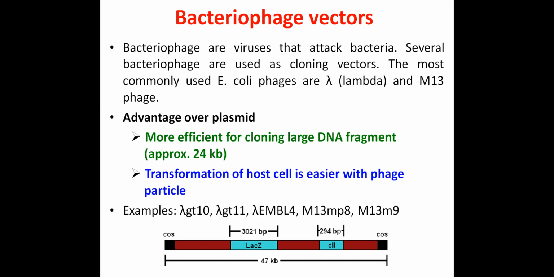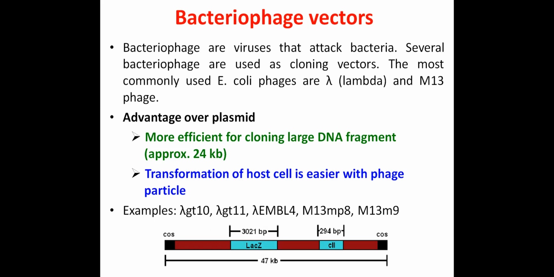So what happened now? This virus can be served as a vehicle because you basically infect your vector to the host cell. So it uses its own mechanism of infection. It goes inside the host cell. It gets inserted inside the bacterial genome, and then it will replicate when the cell replicates. So your virus DNA will replicate along with your gene of interest. So that's why the bacteriophages or any virus can also be used as a good cloning vector.